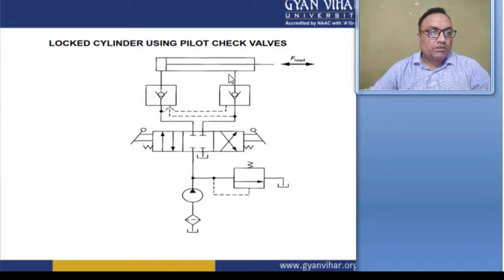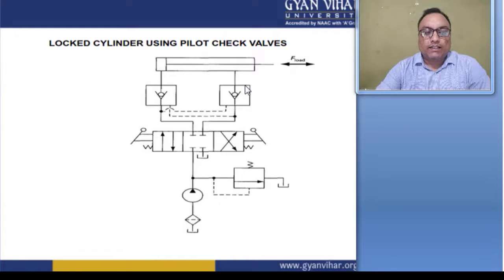If you want to lock this piston, then this control valve shifts to the left-hand side position, meaning this third envelope goes through this, and at that time the fluid enters here and creates a locking movement, right? So this is the lock cylinder using a pilot check valve. Here a pilot operated check valve is used for the locking cylinder, so that its piston cannot be moved by an external force, right?